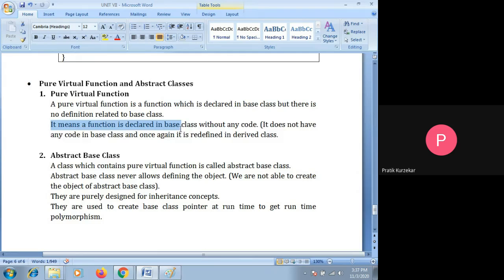See the next line: it means a function is declared in a base class without any code, and it does not have any code in the base class, and once again it is redefined in a derived class. See here,